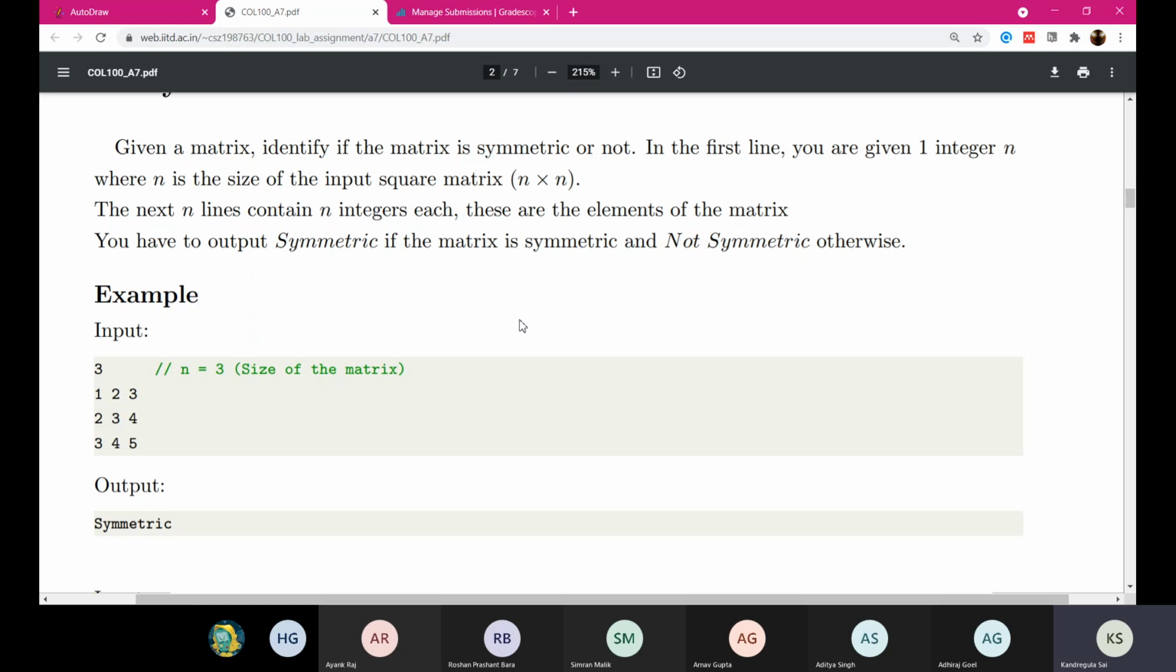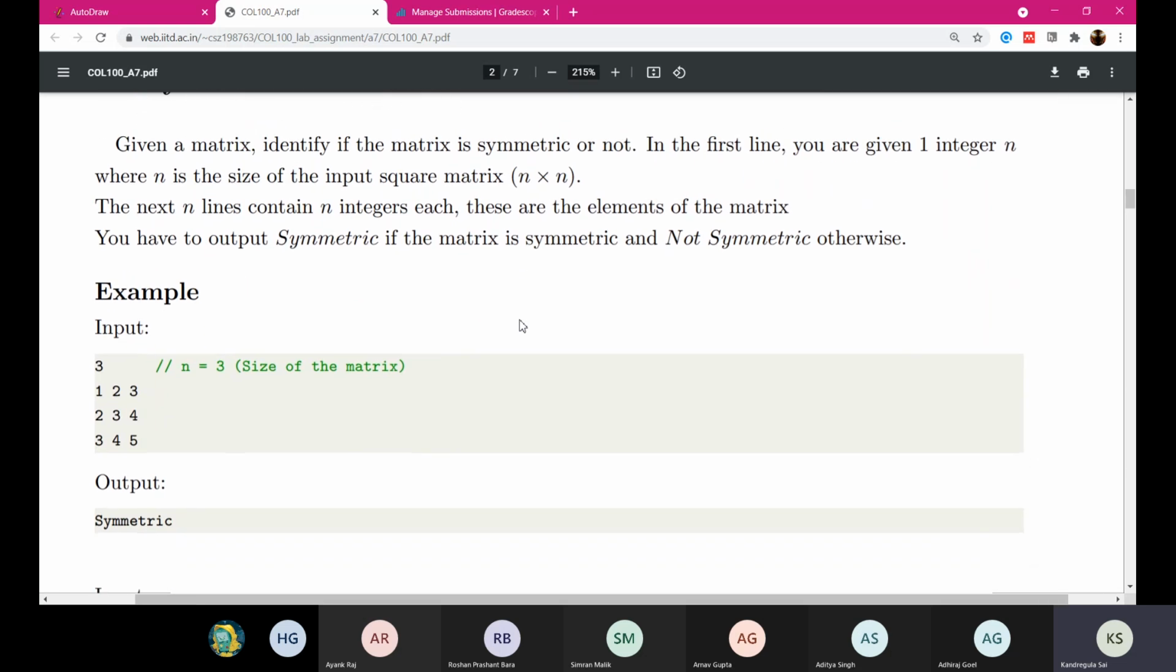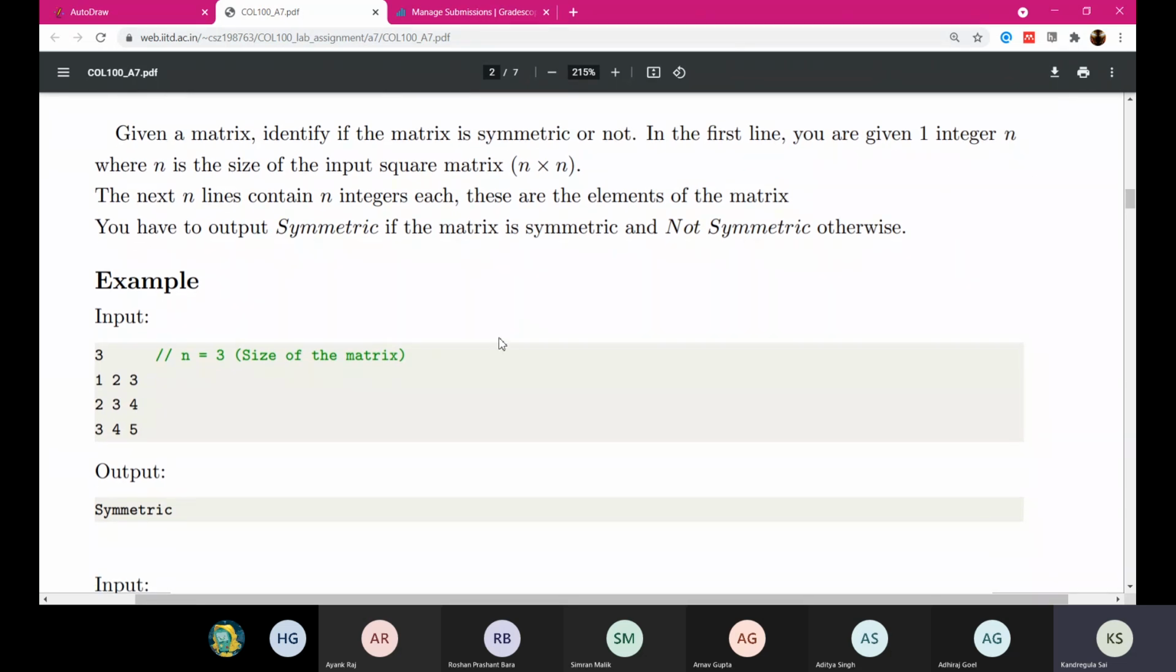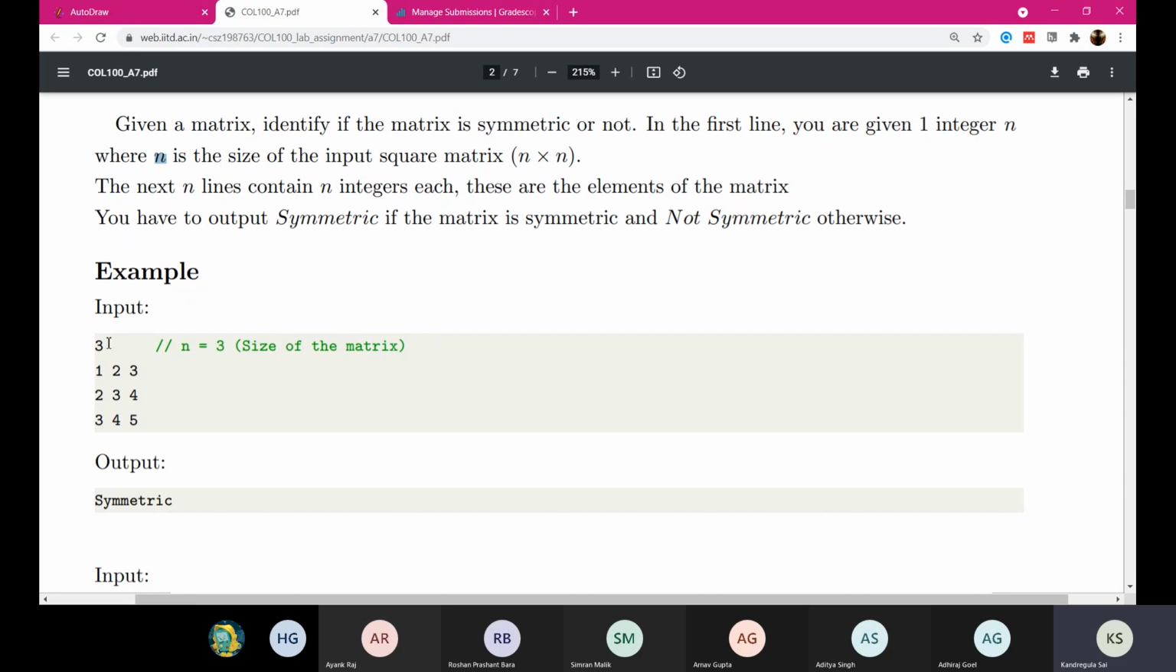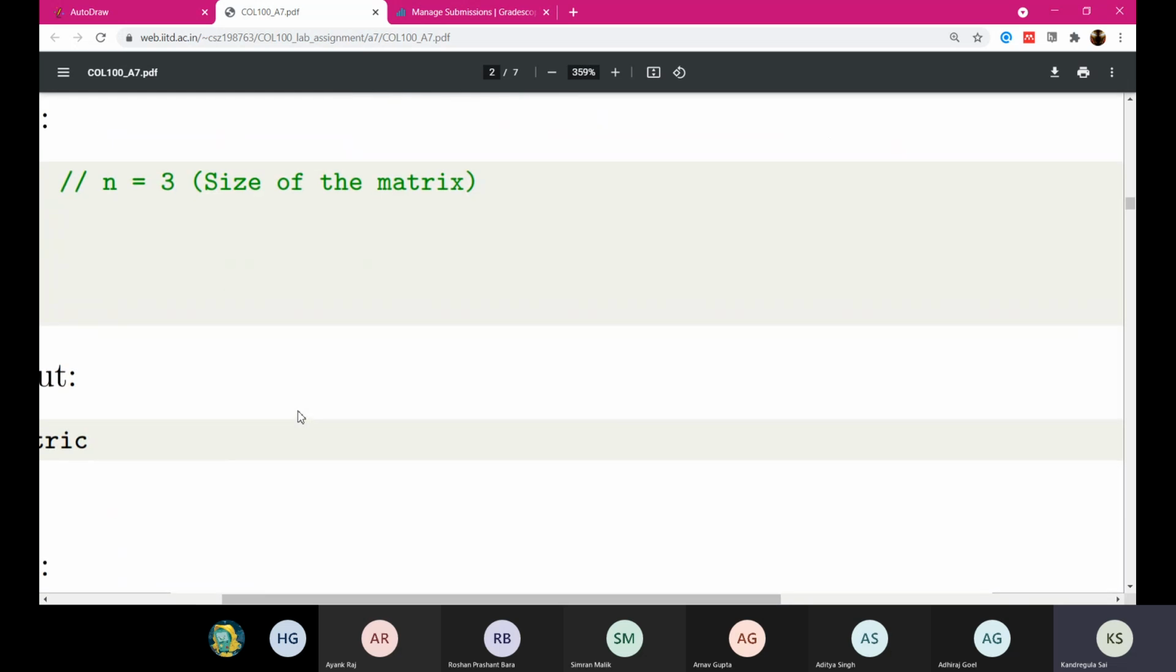Okay. Let's go to the third question: symmetric matrix. The input is an n square matrix, where n is the number of rows and columns in the square matrix. Once you have that, you have to scan the input into a 2D array. You can take a 2D array and scan these numbers into that n by n array, and once you have that, you can run a symmetric comparison. Basically what you're doing here is